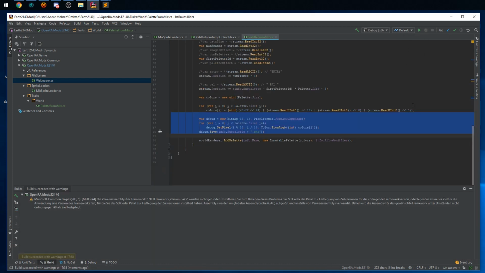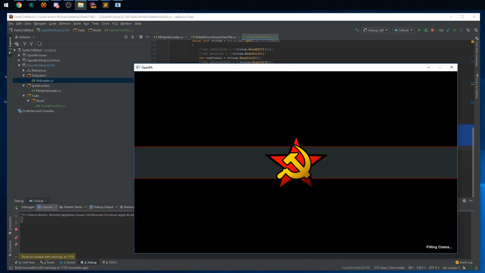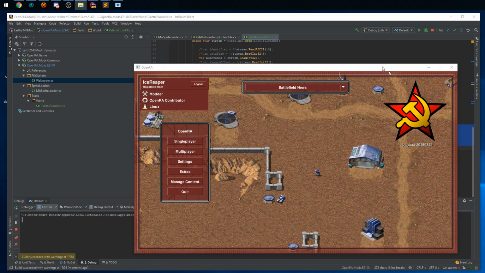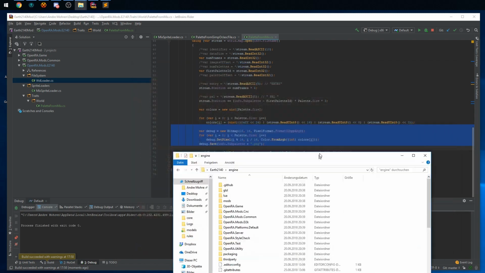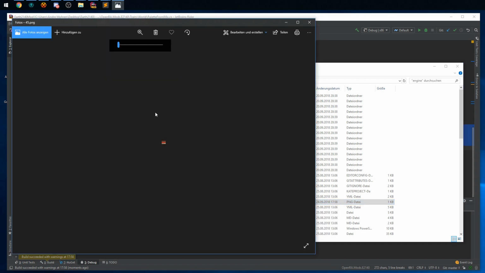Let's try this. Okay, game is starting. Okay, the game has been started, so all the palettes have been loaded. We can now instantly exit this game. And if you look here, we have a 45 PNG file. And if we look here,